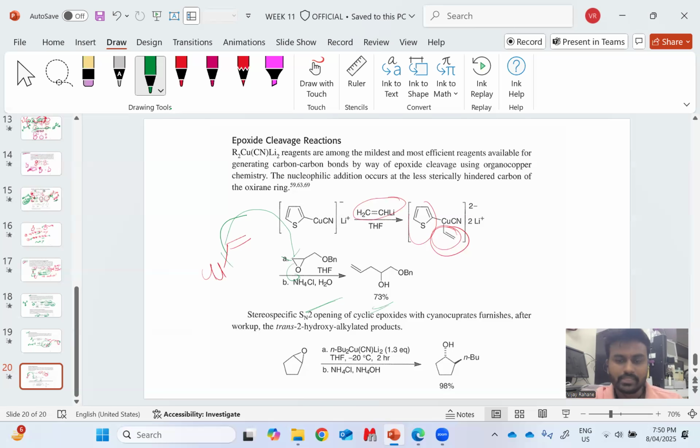If you look at another example here, in this case the cuprate is basically, the nucleophilic group is the butyl, and this entire butyl group gets transferred across the center in this fashion. And in anti-fashion, because the epoxide opening reaction is SN2, and obviously the nucleophile attacks on the opposite side of this epoxide. So that's why we get the anti-stereochemistry here. Right. So if anyone has any doubt here,